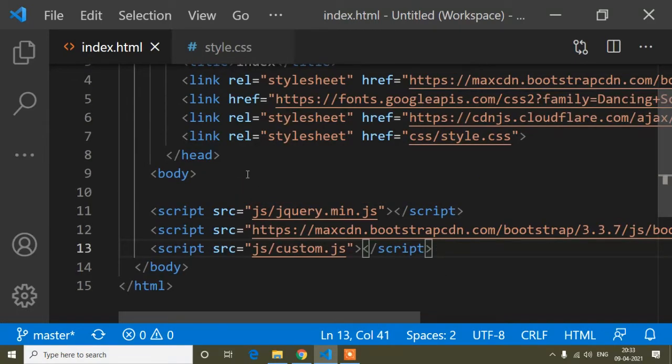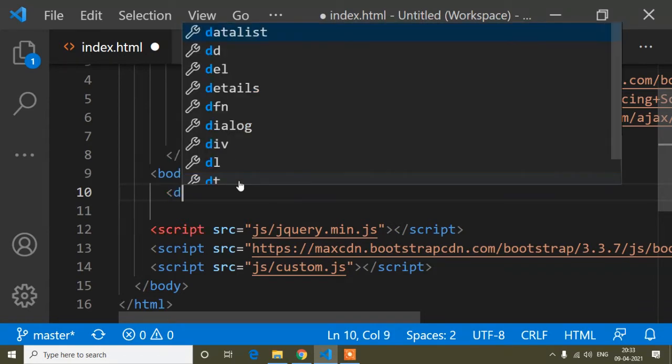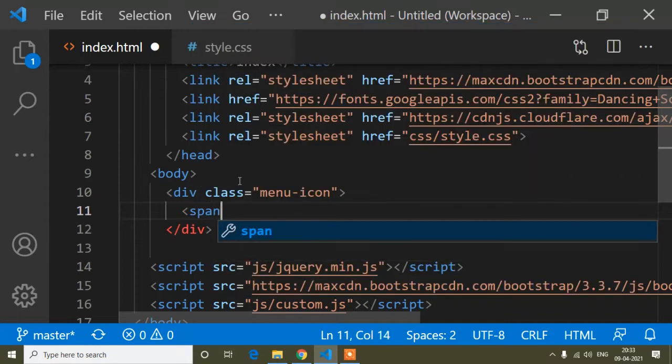So for creating this menu, I will start. In the body tag, first of all, I will write a div with class menu-icon, and now I will write a span. Inside this span tag I will not write anything.